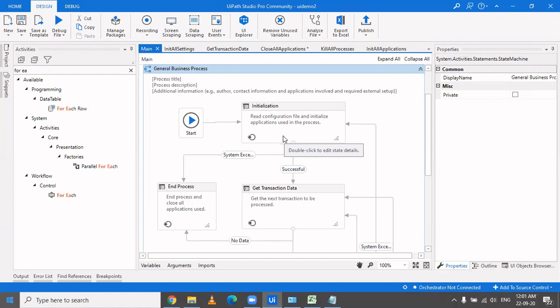There are some systems in which you may not have the right to log in or access it, and it's the business who has provided you the credentials. So in all that case, it's a business exception. They need to be notified. But if the system is down, and even when we try to log in, the system is not able to log in, then at that time it is a case of a system exception. Those are the things which depend on process to process, and it is all clearly mentioned in the process design document, or the requirement and design document, when we create.